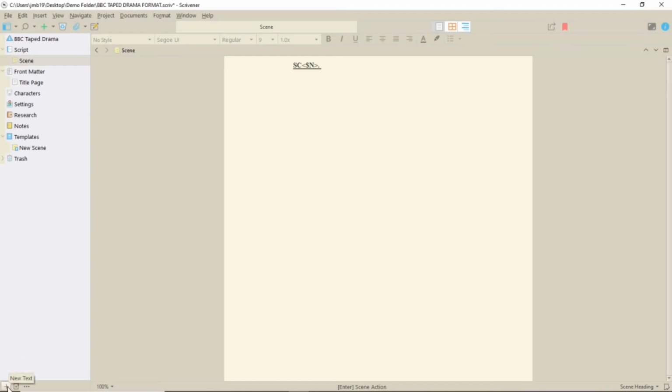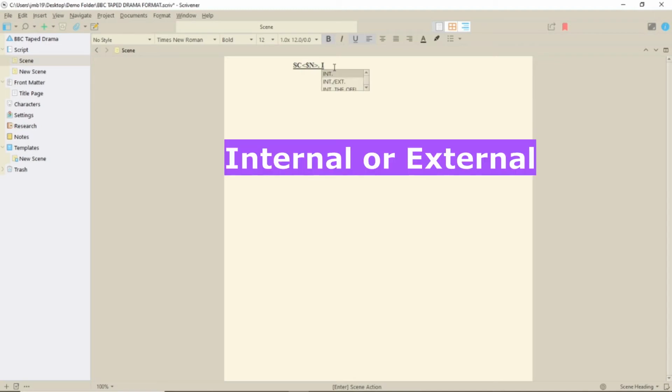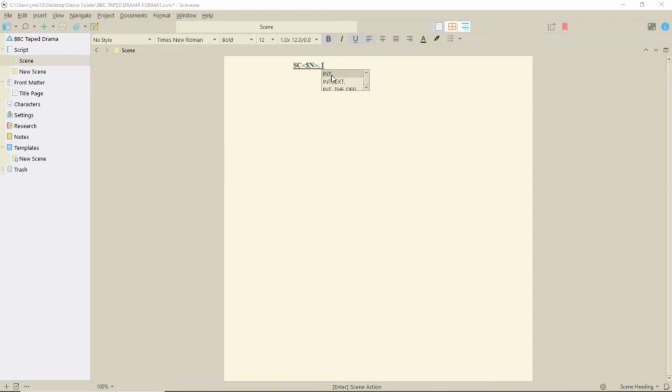The standard text document in this template is set up to be a scene and is coloured yellow. You'll see there is already some code in the document when you open it up. This is for your location information. Simply start typing with your INT or EXT and select from the list. Then add your location, day number and time of day. Scene numbers will be added automatically. All uppercase and lowercase is automatically set with all the formats, so you don't have to worry about that either.